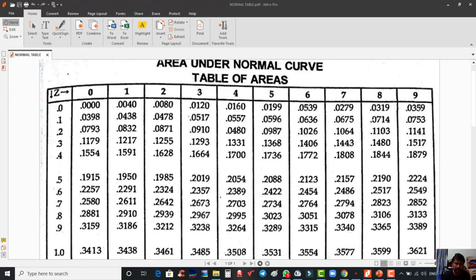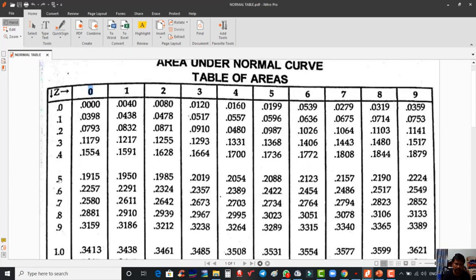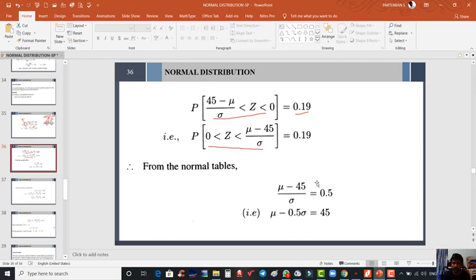So its corresponding ordinate is 0.5. This corresponding value is 0.19. So therefore, (mu minus 45) divided by sigma equal to 0.5, and cross multiplying these two factors,